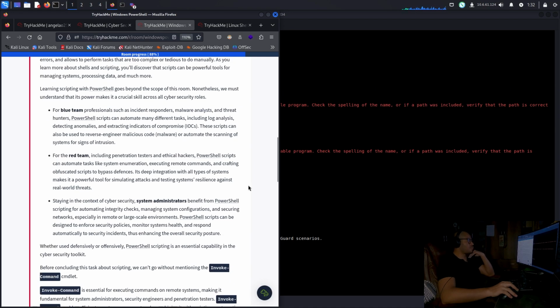compromise. For the red team, including penetration testers and ethical hackers, PowerShell scripts can automate tasks like system enumeration, executing remote commands, and crafting obfuscated scripts to bypass defenses. Its deep integration with all types of systems makes it a powerful tool for simulating attacks and testing systems' resilience